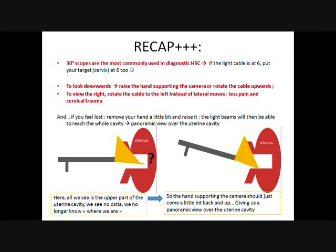And so the tips when it comes to the viewing angle: the most frequently used scopes in diagnostic hysteroscopy have a 30 degrees viewing angle. And when you want to look upwards, you have to put the light cable down. If you want to look downwards, you have to put the light cable up. And it goes the same for the left or the right side of the uterus. If you want to see the right ostium, for example, you have to rotate the light cable to the left